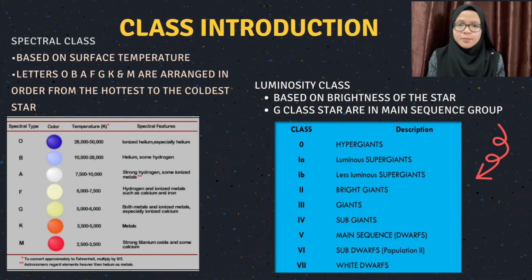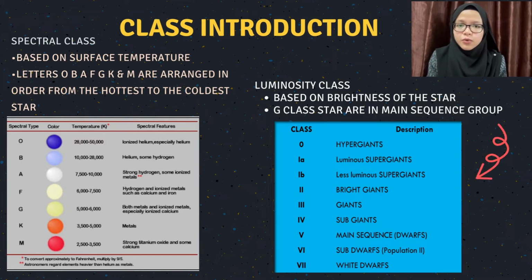Stars, whether they are million or billion years old, all are born in a solar nebula, a cloud of mainly hydrogen gas and dust. There are few factors that can be used to classify the stars. One of the classification is known as the spectral class, which is based on the surface temperature. It uses the letters O, B, A, F, G, K and M in order from the hottest to the coldest